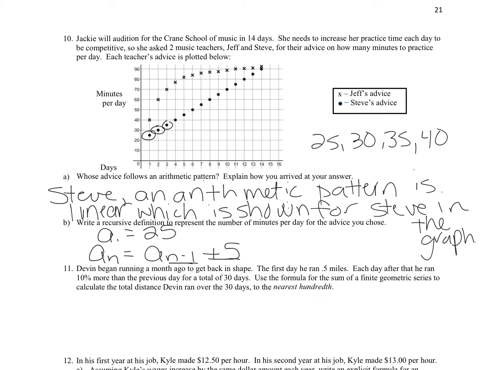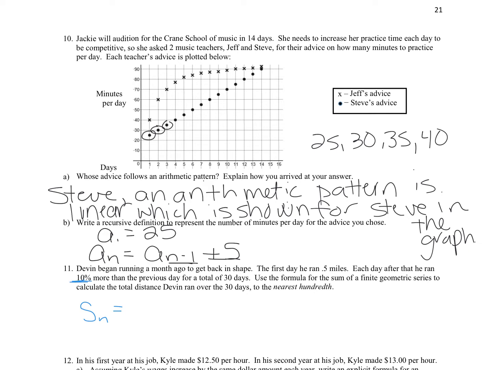It says, Devin began running a month ago to get back in shape. The first day he ran 0.5 miles. Each day after that, he ran 10% more than the previous day for a total of 30 days. We're going to use the sum formula for the sum of a finite geometric series to calculate the total distance Devin ran over the 30 days to the nearest hundredth. So this is a different running plan. We're using the sum of a finite geometric series, and we see it's geometric because it's increasing by 10%, which